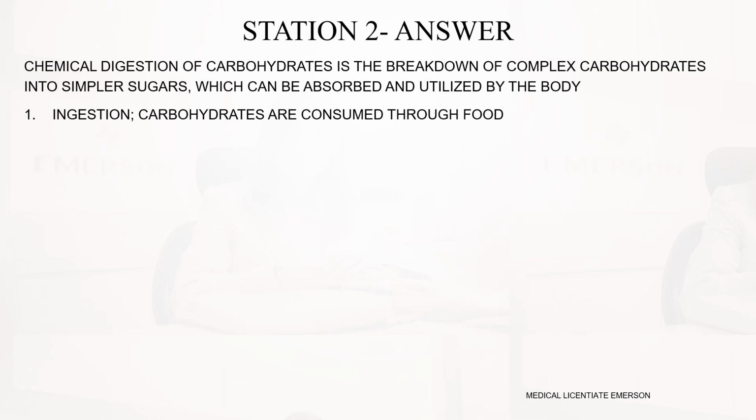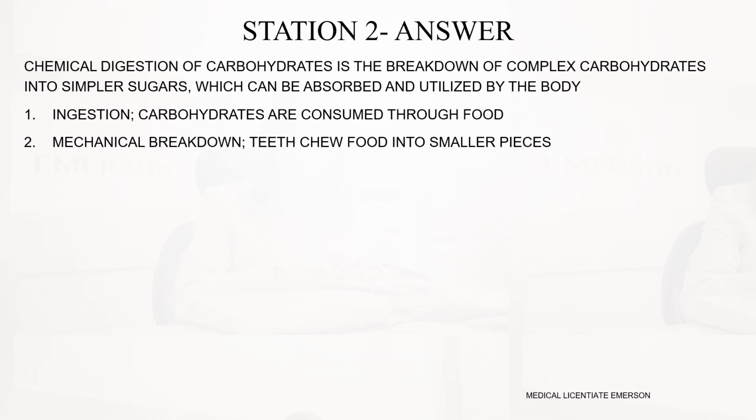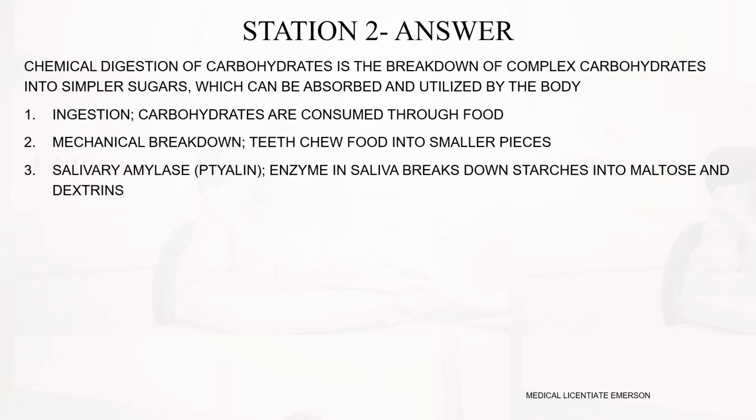Of course, before chemical digestion begins, someone needs to consume the carbohydrates. So the number one process is ingestion: carbohydrates are consumed through food. The next is the mechanical breakdown, where the teeth chew food into smaller pieces. Then, after the food has been broken down into smaller pieces, salivary amylase